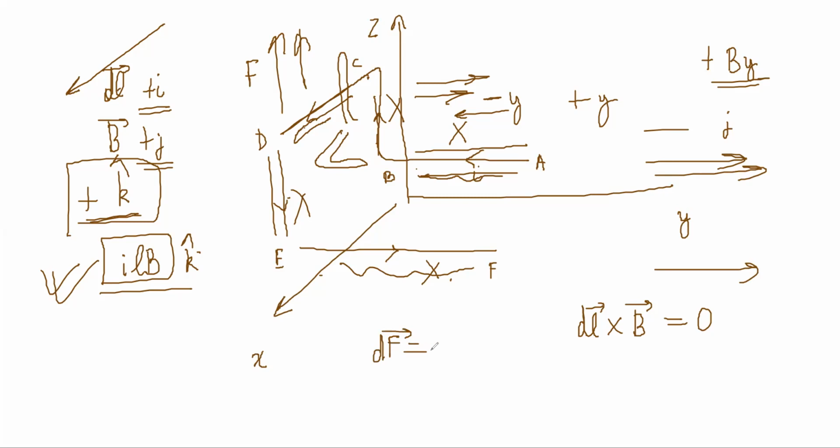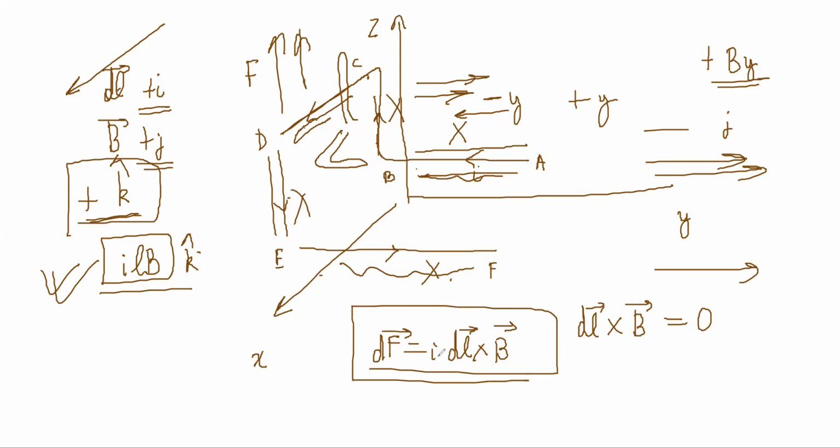Again, here the same question, it is I DL cross B you have to do. In the previous question, in the second one, can you just quickly explain again how you got the direction of the force? Are you understanding? I hope you're not trying to memorize all this. No, no, I get it. You're getting it, no?